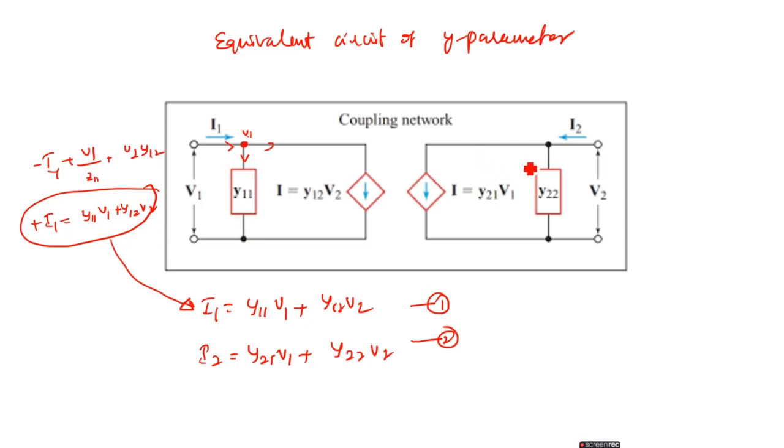Yes. If you apply KCL at this node, we will get the same thing. Minus I2 equals the potential V2 divided by Z22 plus Y21 into V1. What is 1 divided by Z22? It is Y22. We will get the same expression. Alright, so it is the equivalent circuit of a